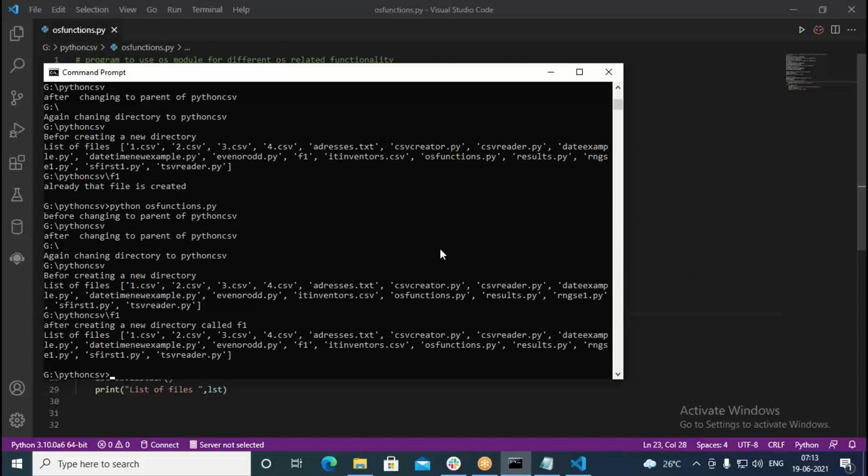So initially, list of files before creating a new directory. In this you cannot find any f1 folder. You cannot see any f1. CSV1, 2, 3, 4, address, then a CSV creator, py, CSV reader. Like this, you are getting all the file names, but nowhere do you find the F1 folder. But after creating a new directory called F1, the list of files has F1.